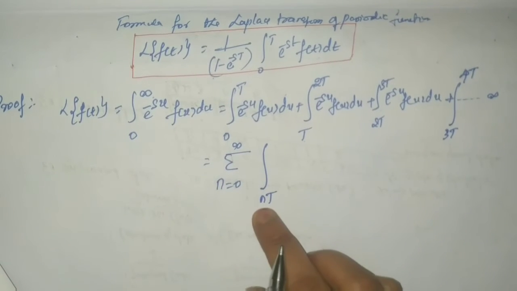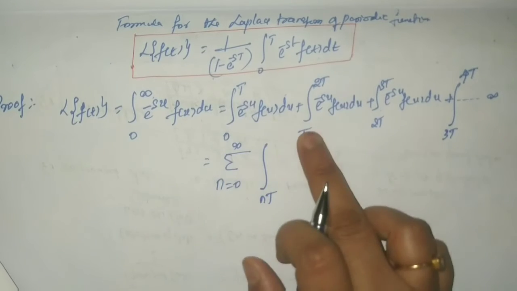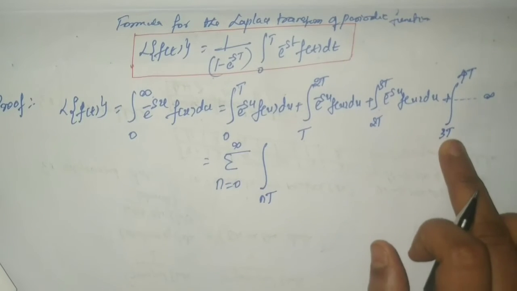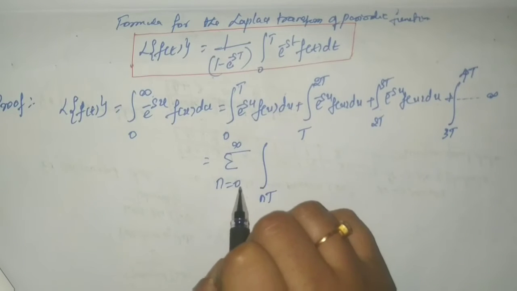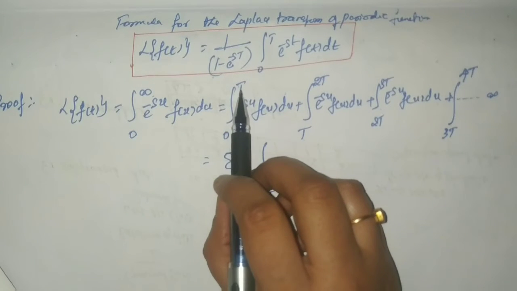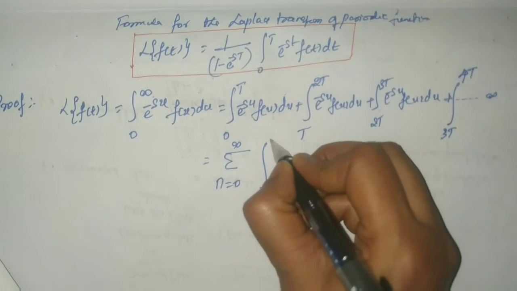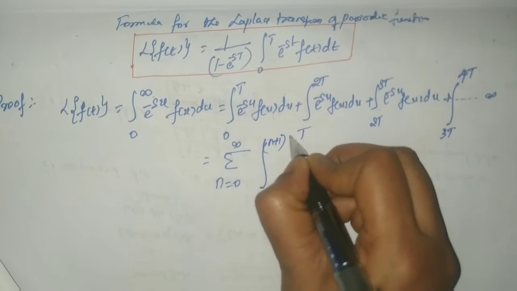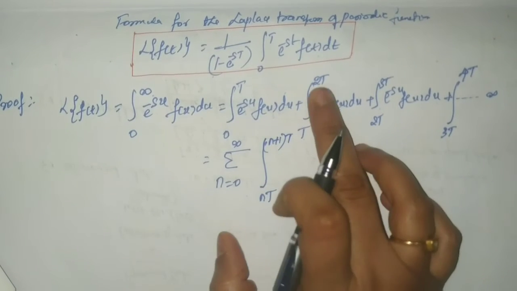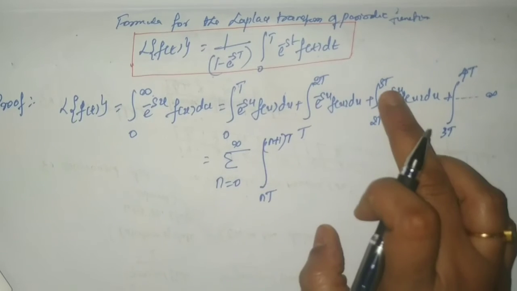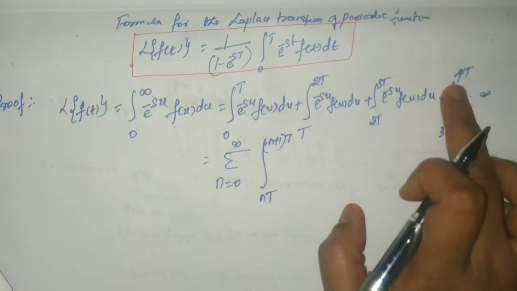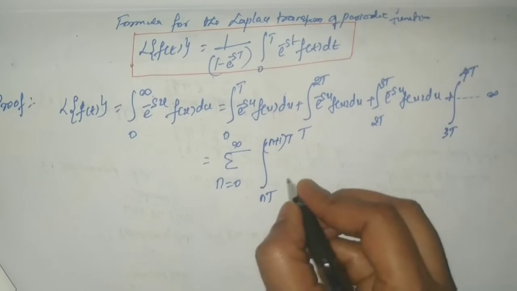You can substitute the values. 0 means first term, 1 means second term, third term and fourth term. Similarly, go for the upper limit. It starts from 0, right? But I have already T. So it is of the form n plus 1. 0 plus 1 becomes 1 into T. So here n is 1, so 1 plus 1 is 2T. 2 plus 1 is 3T. 3 plus 1 is 4T and so on.